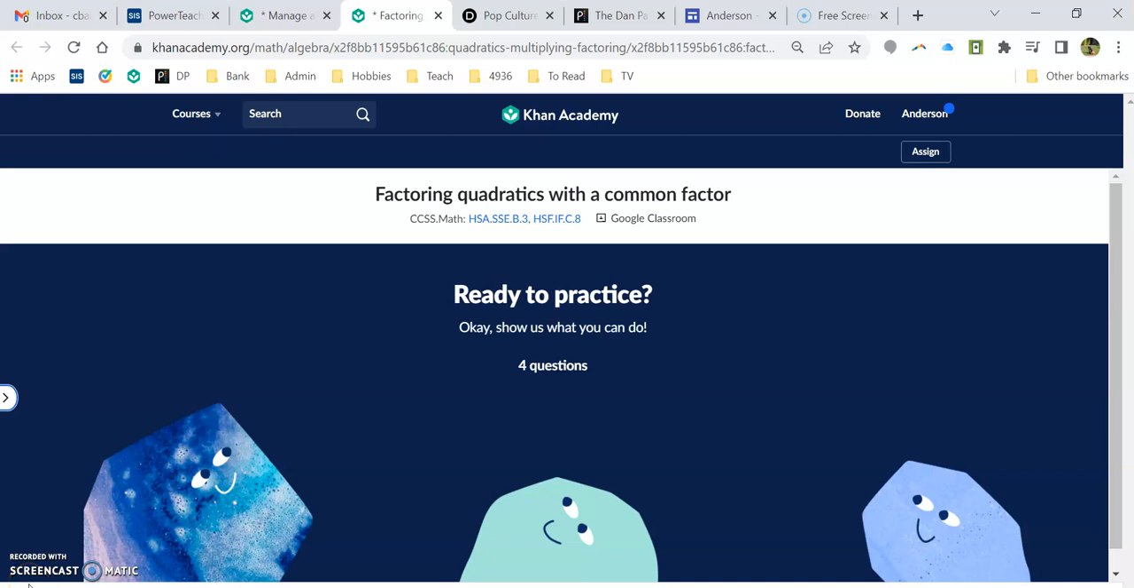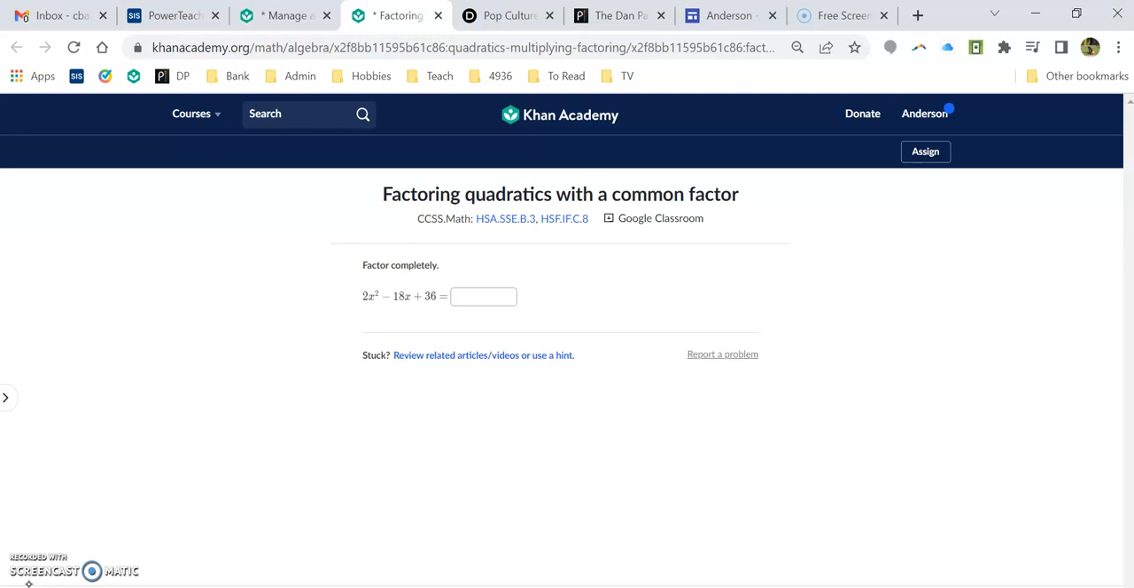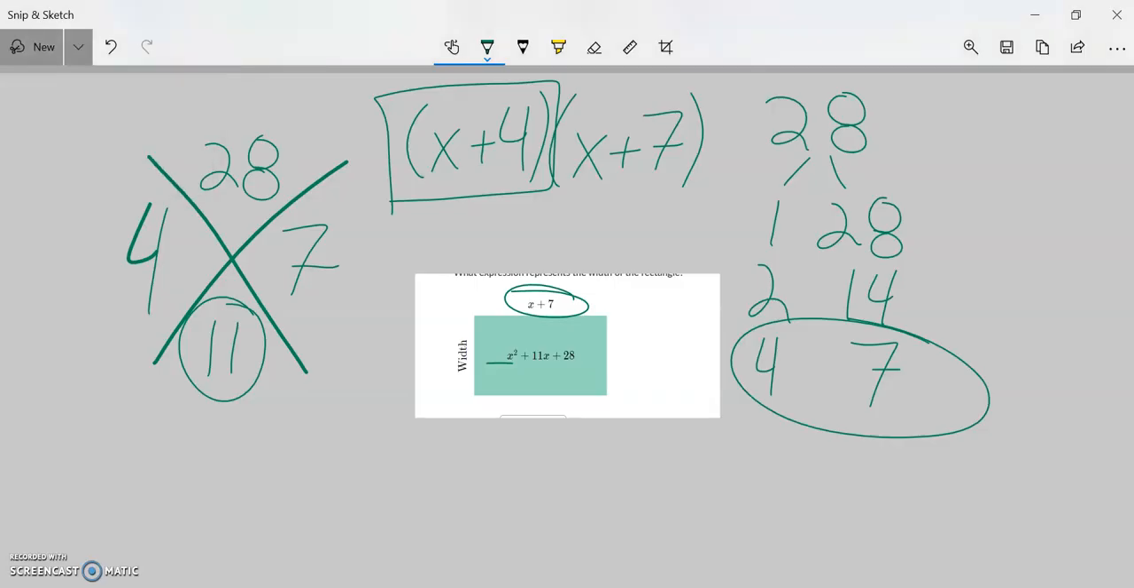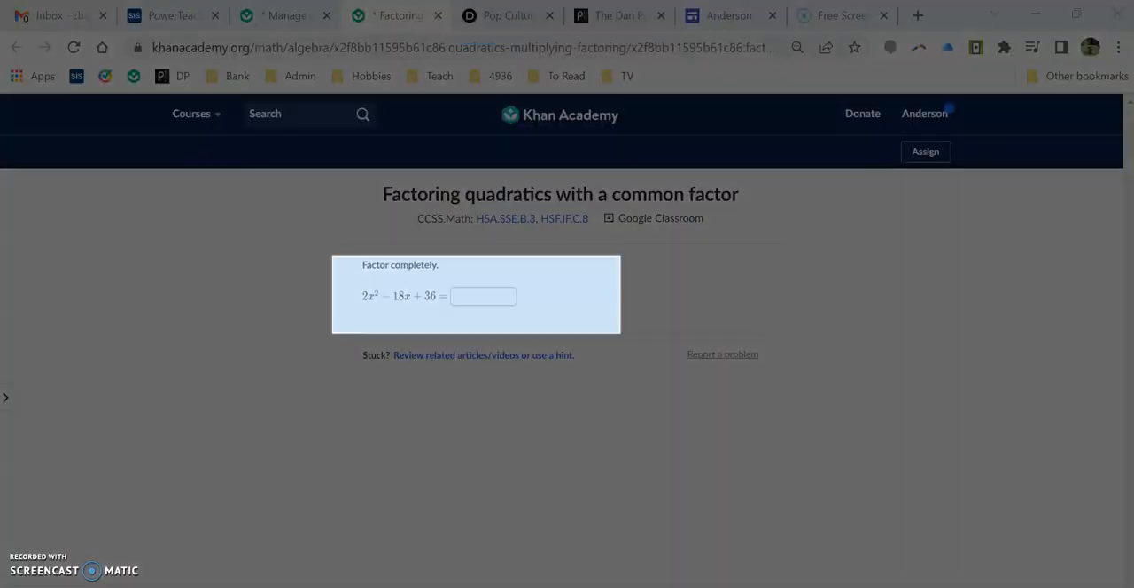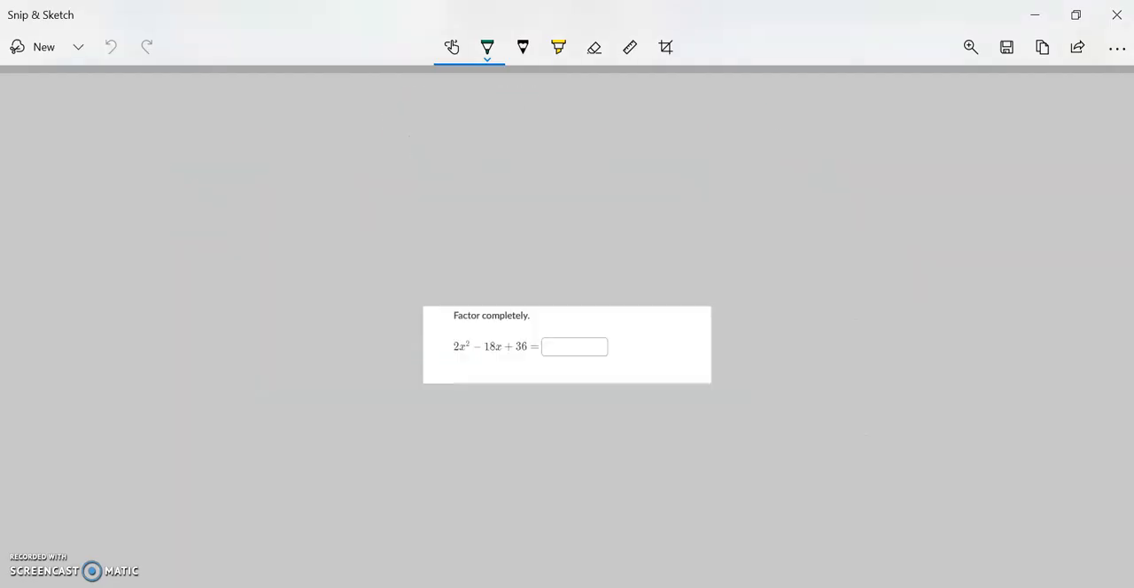Factoring quadratics with a common factor. So this is just like the previous assignment with one extra step at the very beginning. That's it. Okay, so if you remember the last assignment, we had quadratics that looked something like